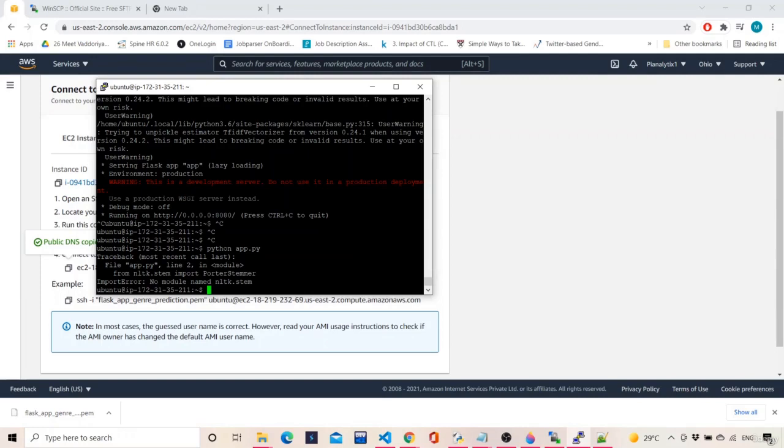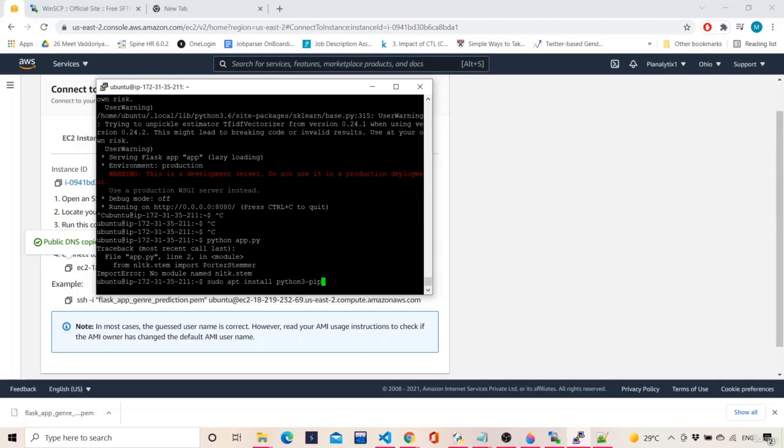But then we saw that nltk is not able to be installed in Python 2.7, because nltk gets installed only if the Python version is more than 2.7, that is 3 or more. So we installed Python 3, then we installed Python 3 pip, then we installed the requirements, and then again we were writing python app.py. When we write python app.py, it is considering Python 2.7.